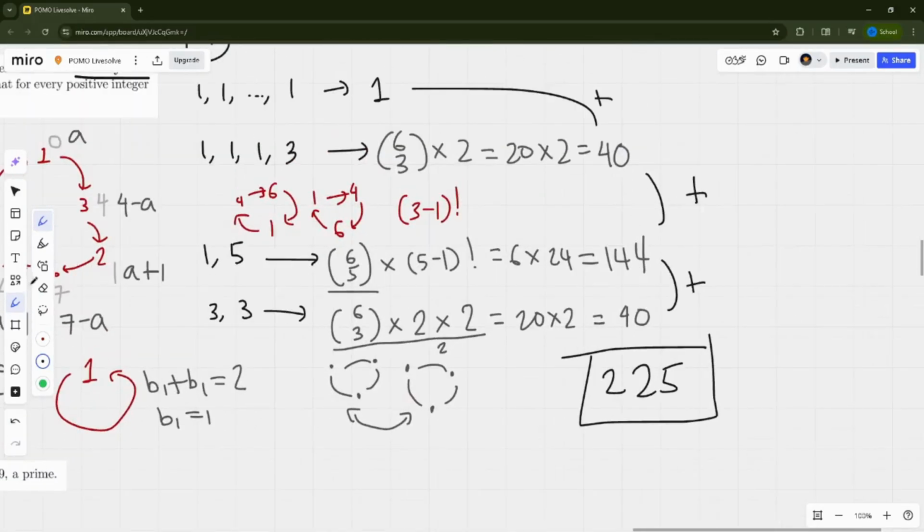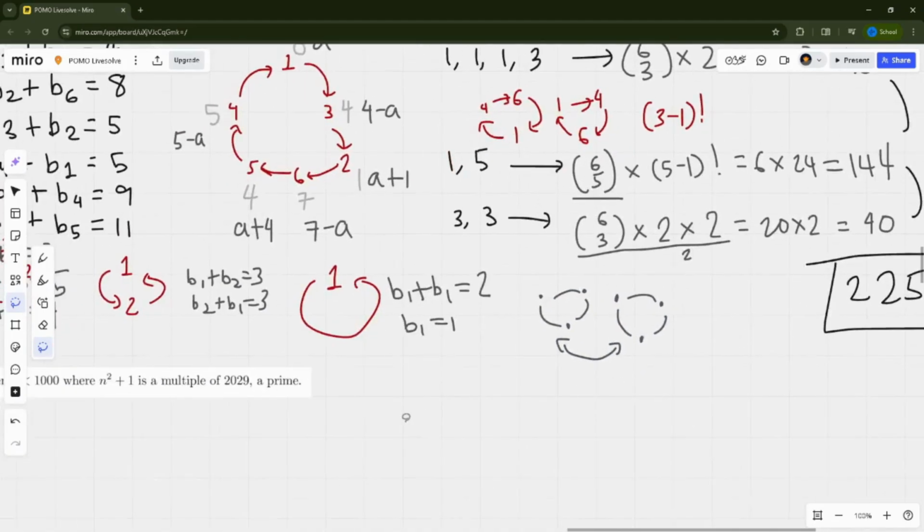And also be careful with casework, because I was not careful with my casework. So then, okay,